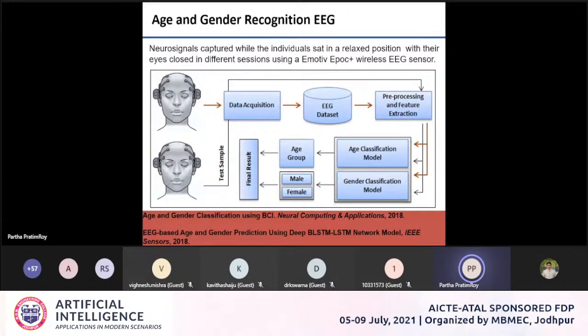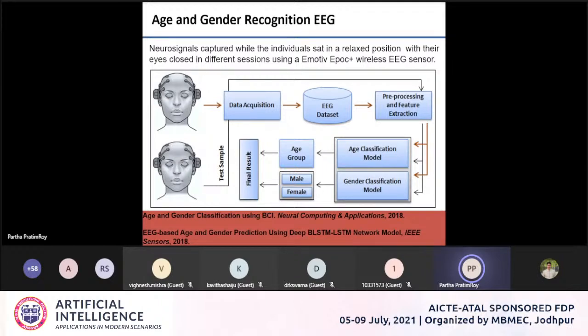This data set is the storage of the data from these different persons, and then we use pre-processing and feature extraction that we have explained. Pre-processing like noise removal, and feature extraction where from each window we extract the mean, standard deviation, and those kinds of features. After extracting the features, you can use classifier models like neural networks, support vector machines, random forest. Each classifier will give you those.